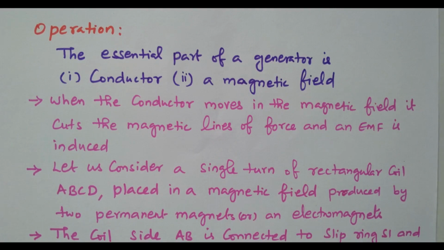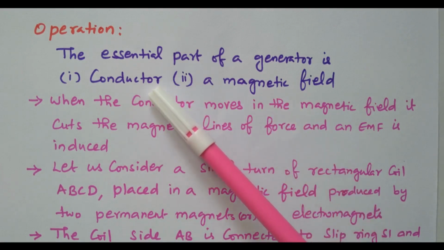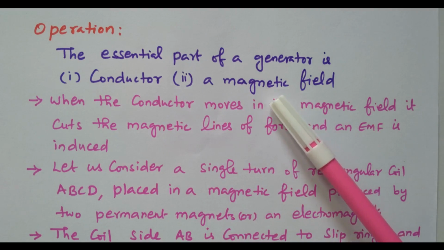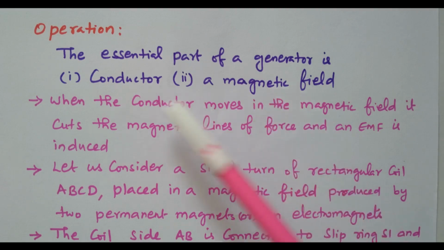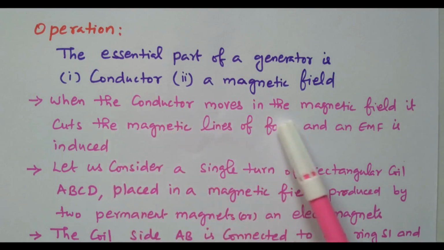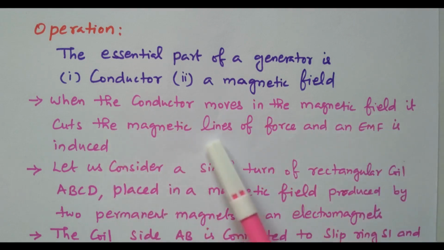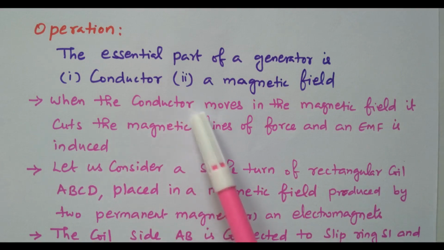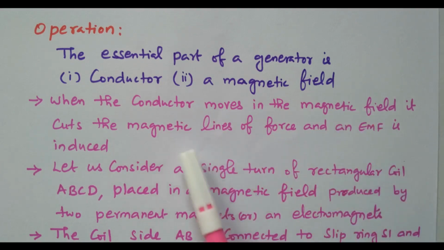Now we will see the operation. The essential parts of a generator are the conductor and the magnetic field. The conductor is nothing but the armature, the rotating part. The magnetic field is available from the stationary part, or field winding. So based on that we can go for the operation. When the conductor moves in the magnetic field, it cuts the magnetic lines of force and EMF is induced. This conductor is nothing but the armature. When the armature is rotating in a magnetic field, it cuts the flux, it cuts the magnetic lines of force,